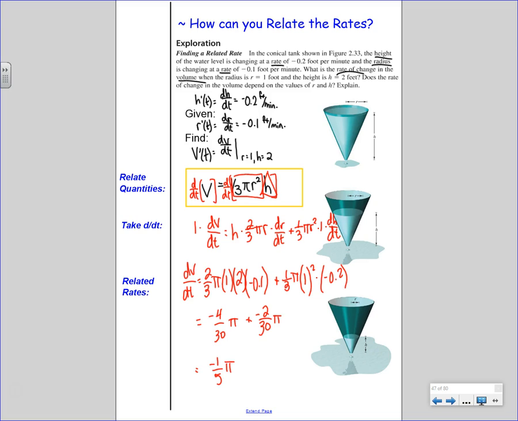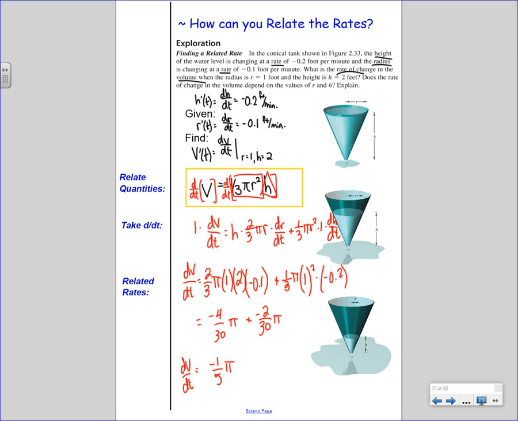So the derivative of pi would just be 0 because it's a number, which is why we just let it tag along, because it's a coefficient like the 1/3. So wherever the 1/3 was put in, the pi was put in. And then for r, the pi, we didn't need a d pi dt because the derivative of pi would have just been 0. So we didn't do a product rule here. They just were the coefficient, and we were just dealing with the r squared, which is why I just